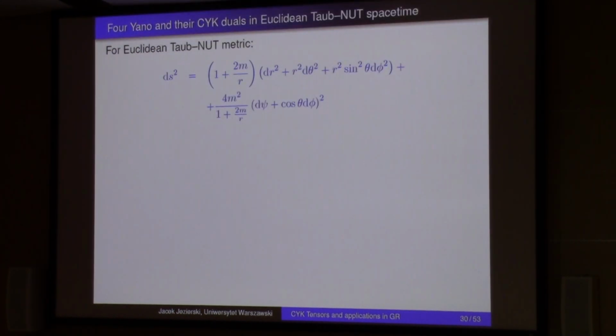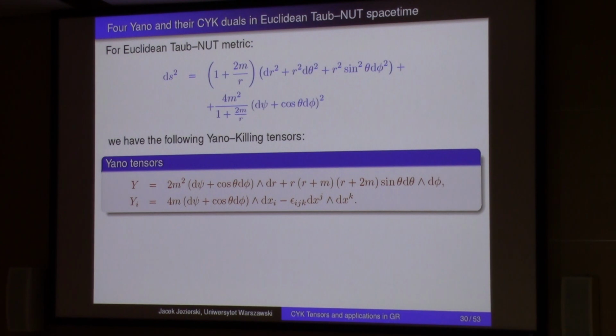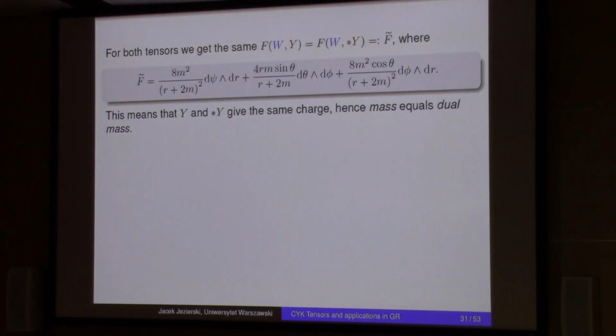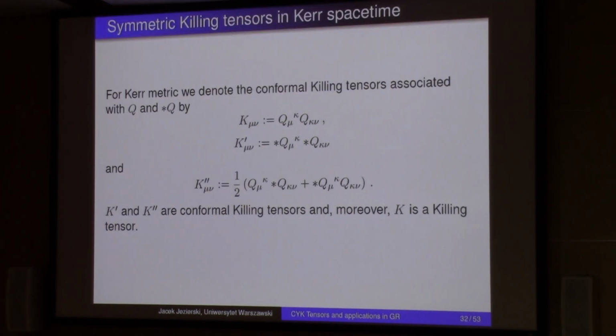Okay, and what is maybe less known is Euclidean NUT metric, which is self-dual. So we have many Yano tensors, in fact 4 of them, and those 3 are self-dual. So there is nothing new, but altogether we have 5. Okay, and then we can play the same game, and we can check something. Maybe this is not important now, so forget it. And then we can pass to